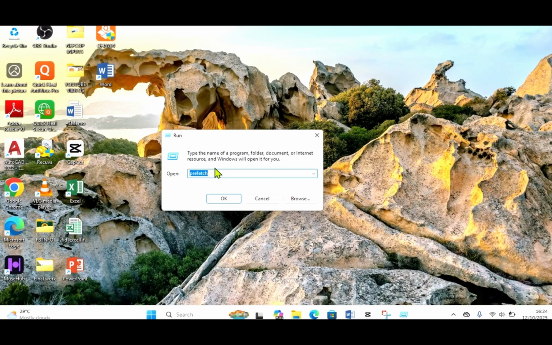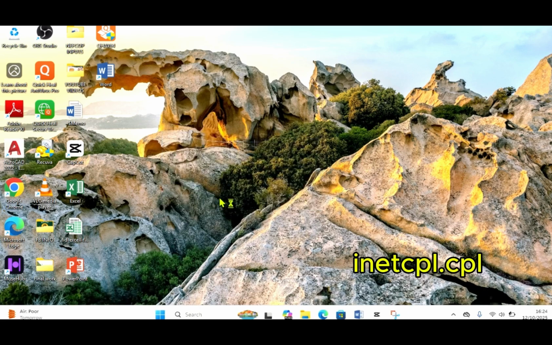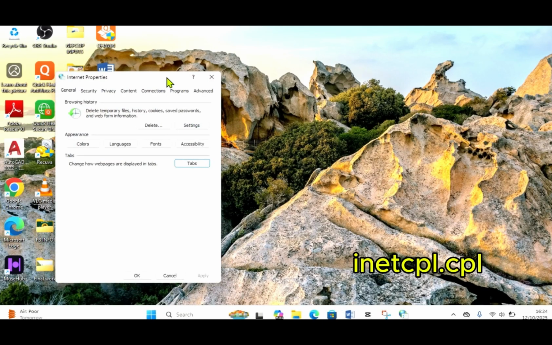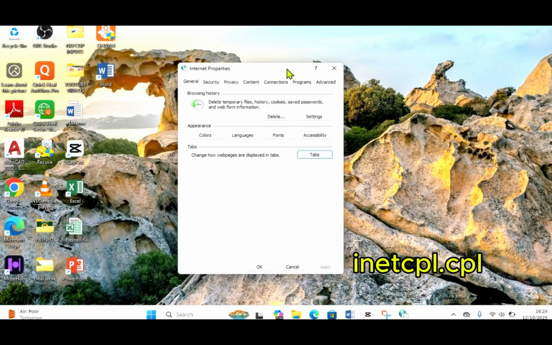If you want fast browsing time, then follow this simple tip I'm going to share with you. Go to your Windows search bar, type run, and when that pops up, type inetcpl.cpl and then click OK. Go to connections, and from connections, select LAN settings. I hope you can see the way I'm doing it. Just select LAN settings,